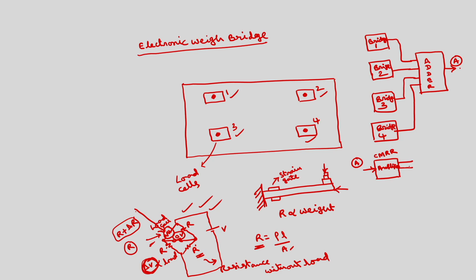Choose the amplifier gain such that the output will be in the range of 0 to 5 volts, which we can directly apply to the A to D converter, then to the microprocessor. Then this will be connected to the ADC, which is connected to 8255, which in turn is connected to 8086. This is start of conversion, this is end of conversion. Okay. This is the complete block diagram of the electronic weighing machine.